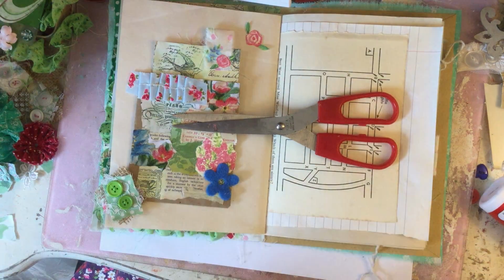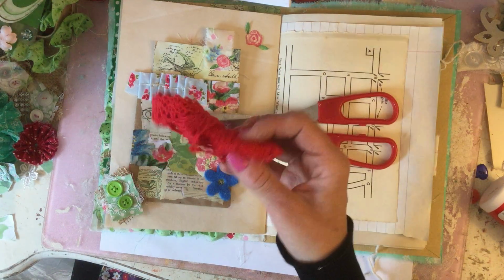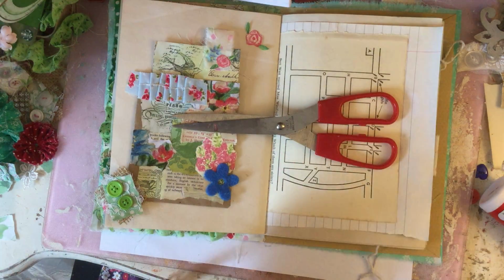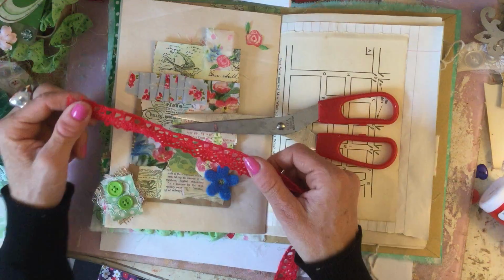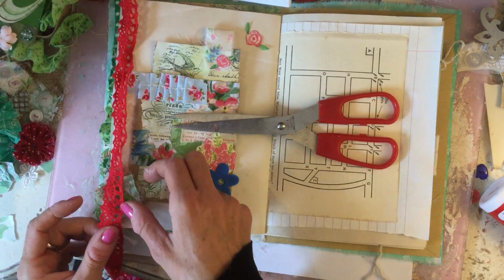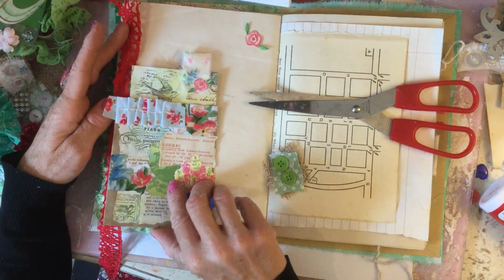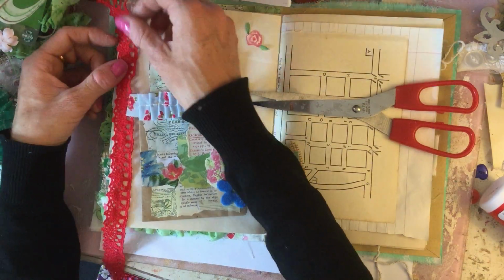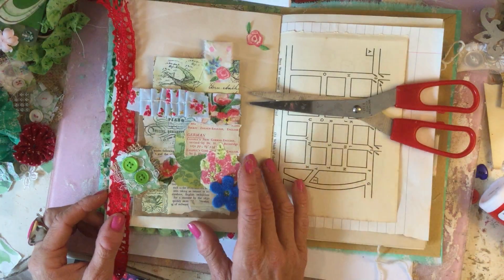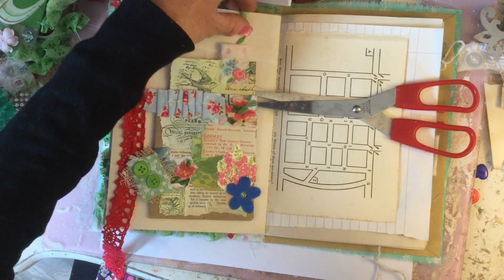Now, I know I did just say it doesn't feel like a lacy journal to me. But going away from that, I did buy this, which I can't even think where I bought, but I only bought it a few weeks ago when I first started filming these. So that's how long I've been filming these. At that point I hadn't thought it was not a lacy journal, and I thought, if I'm going to use lace, let's put some red in there, because it felt very fun to me. So although I have just said it's not a lacy journal, this to me is a bit different because it's really bright, gorgeous and fun, not lace as in how we use it in the vintage journals that we make. I don't know what you guys think,